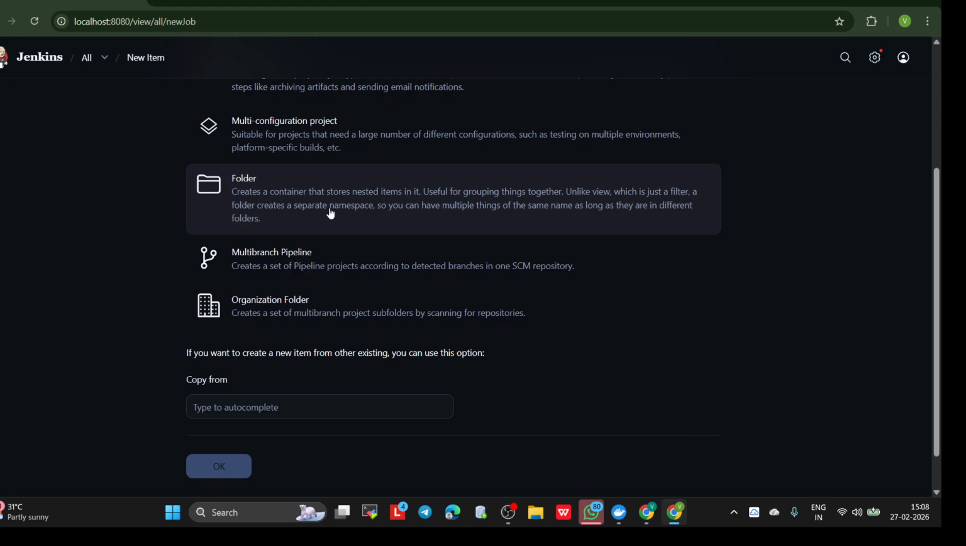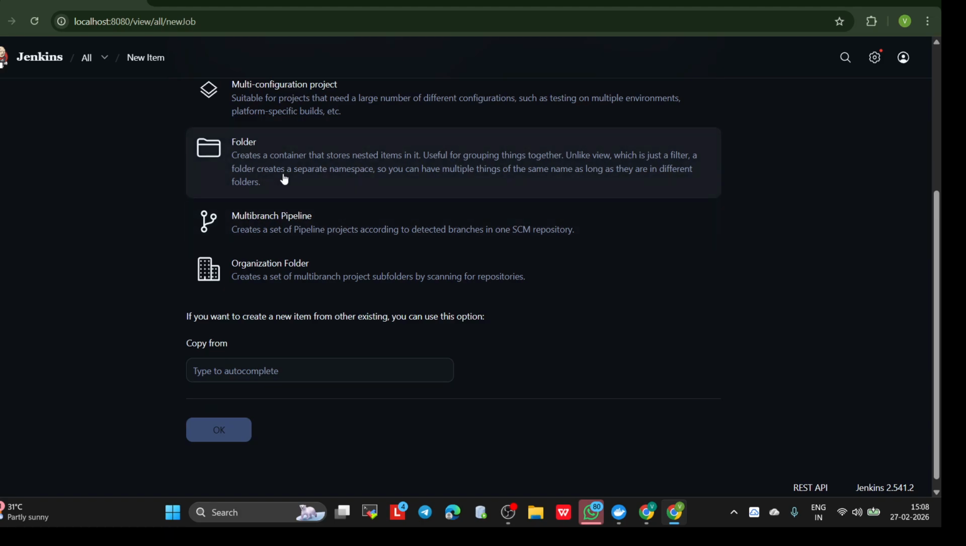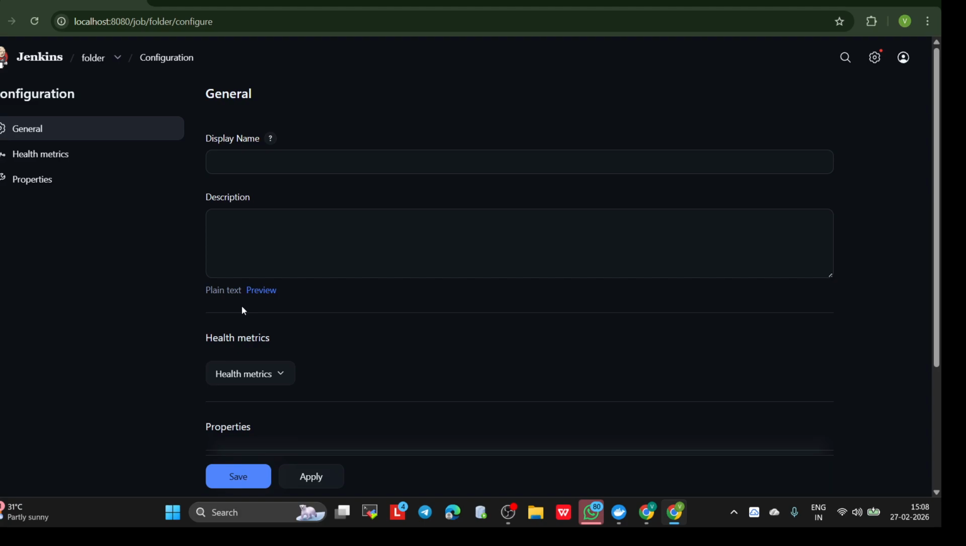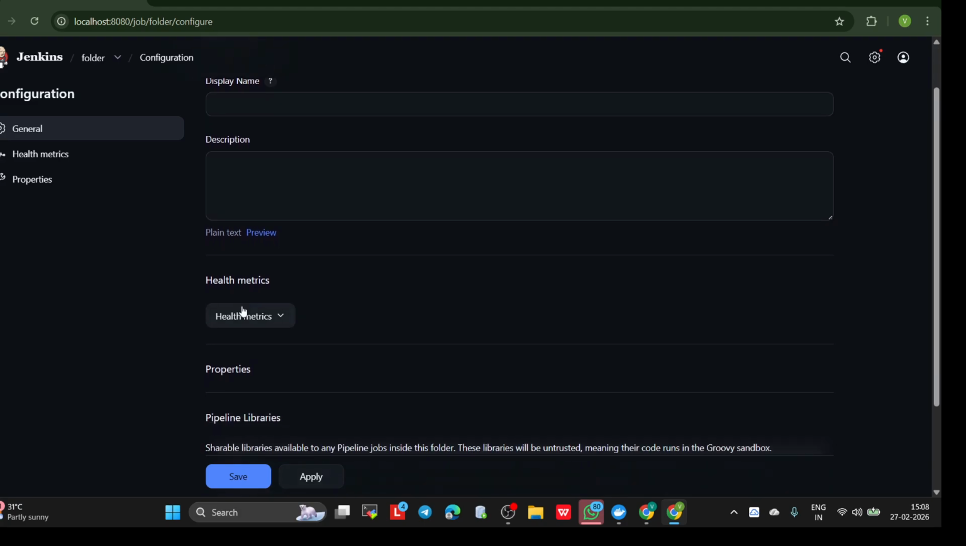And it can contain freestyle jobs. It is used in enterprise setups, improves security, keeps environments separate, and helps in microservices architecture and clean dashboard management. So let's try it. For example, you can create folders like dev, QA or production, and inside each you can place related